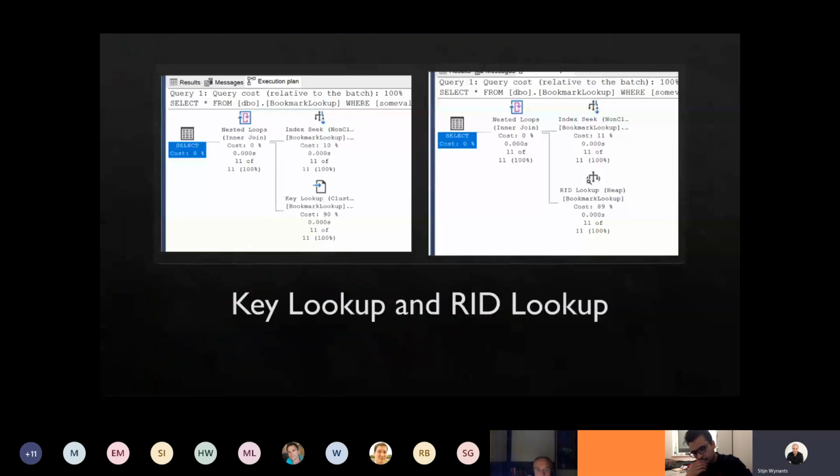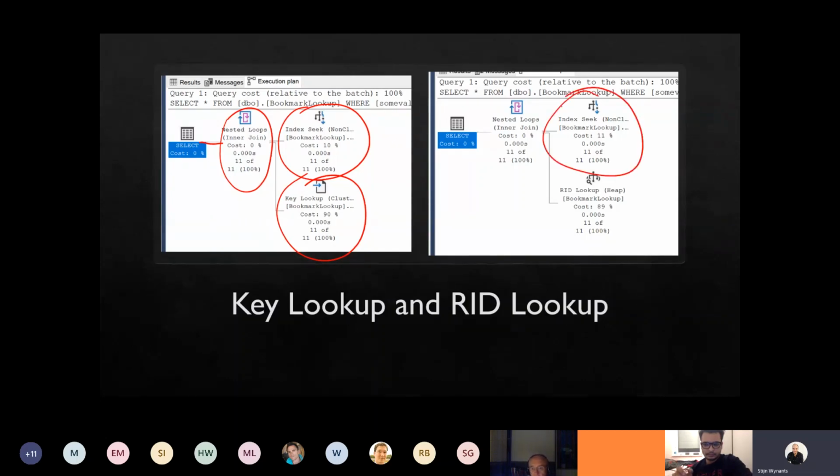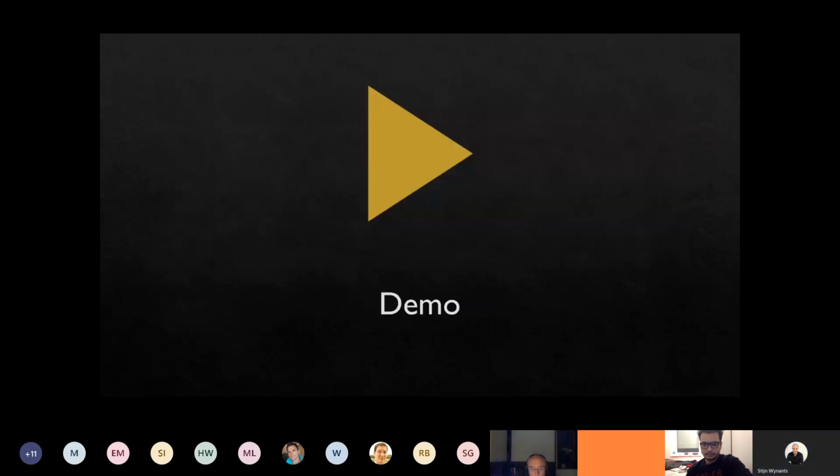Now, how do they look? You've got your index seek here, which is your non-clustered index, and then a key lookup, which is then going to be a nested loop, and then you're going to present your results. Same thing for a bookmark lookup. You have your non-clustered index you're going to use, and then you're going to do a RID lookup of the heap table, nested loop, and then a select on it. Okay. So let me show